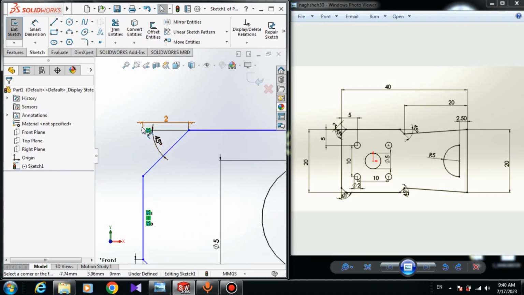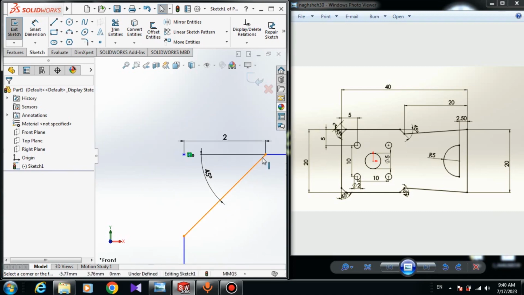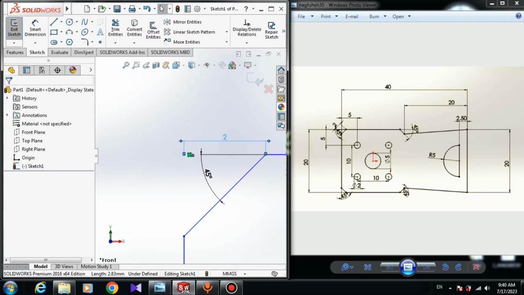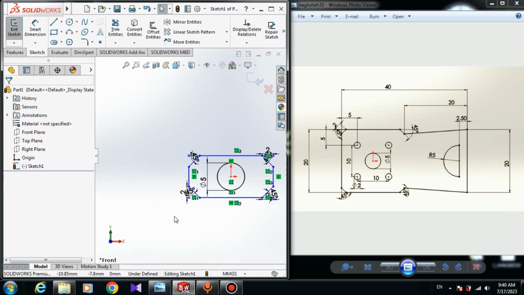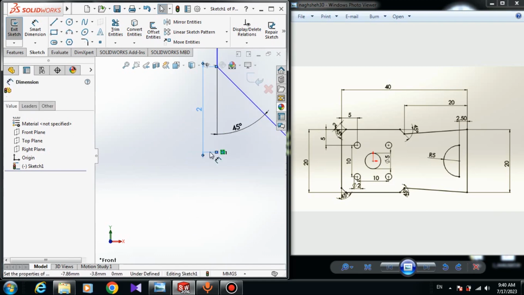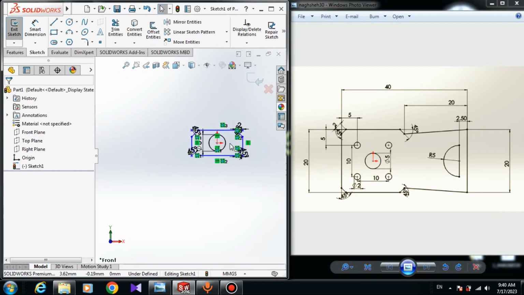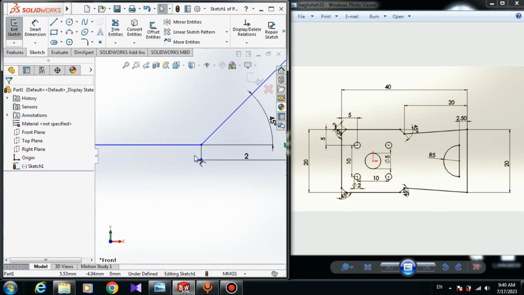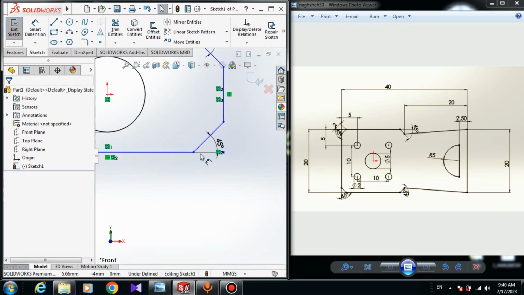Now we have to delete these dimensions here, because we want to give the line dimension. The dimension of this line is 2.83 millimeter, but the dimension must be 2 millimeters. So delete these dimensions and the points here, and delete all of these dimensions here and here, because we don't need them,